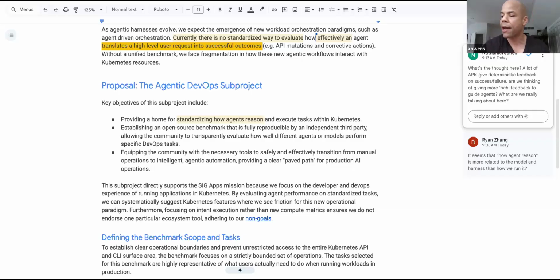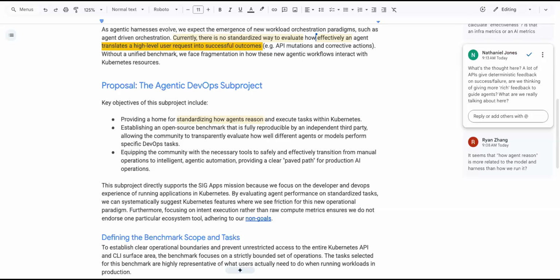I guess the other question I had is, do we expect a common interface? Are we expecting the MCP to go directly to the API machinery, or do we think we'd be running something like the K8s MCP server and providing context to the agents via the MCP? Yeah, definitely there is an MCP server angle here, and that's something that the first project is working on.